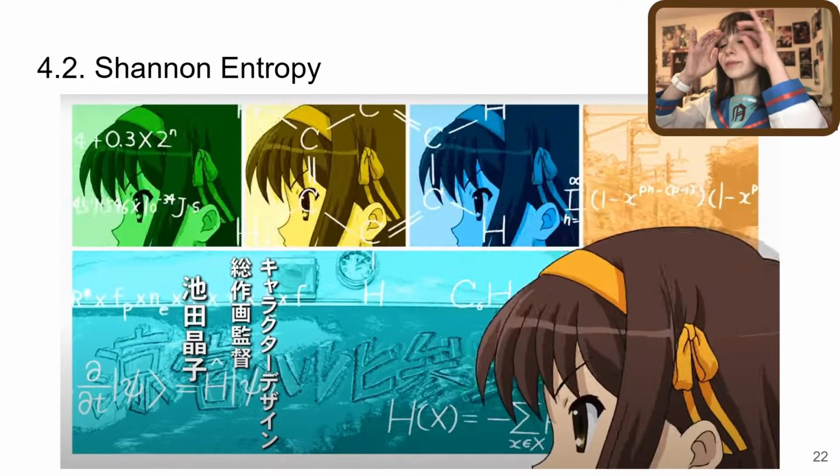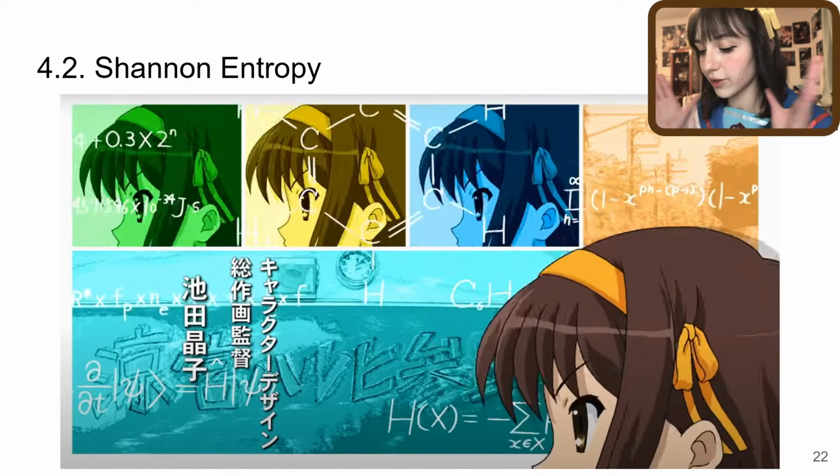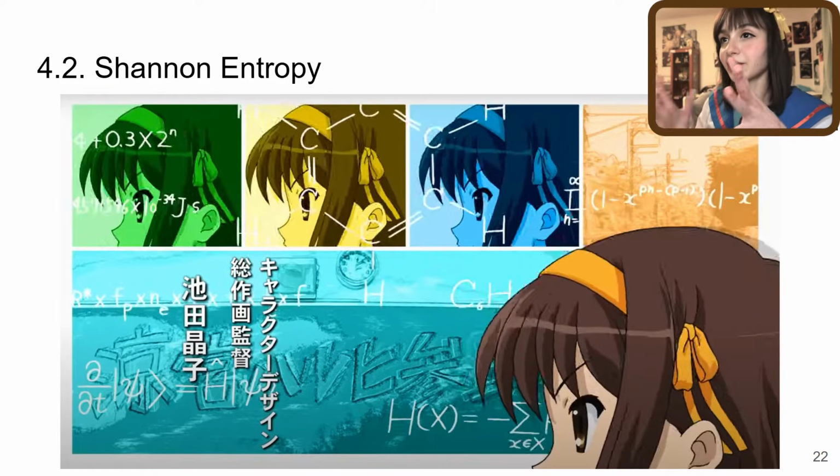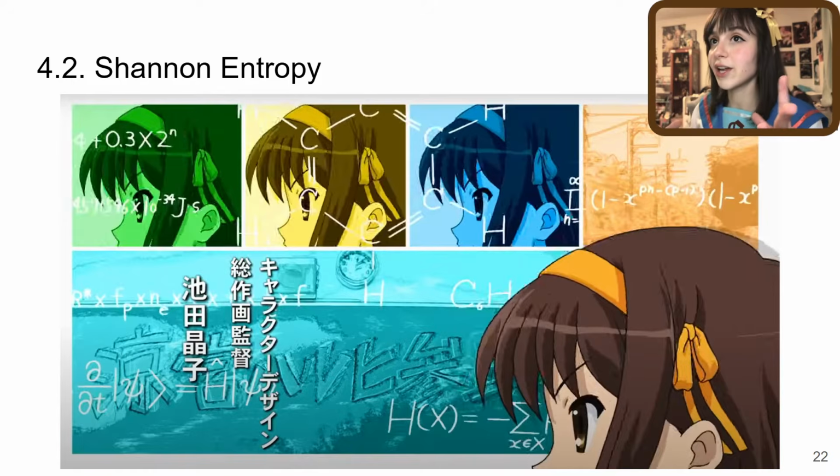But yeah, so I think if we're clear on probability, we're going to continue talking about probability a little bit, but now in the context of Shannon entropy, which is actually something that was introduced, I don't think directly in mathematics, but was actually introduced in the field of computer science, in particular in information theory.